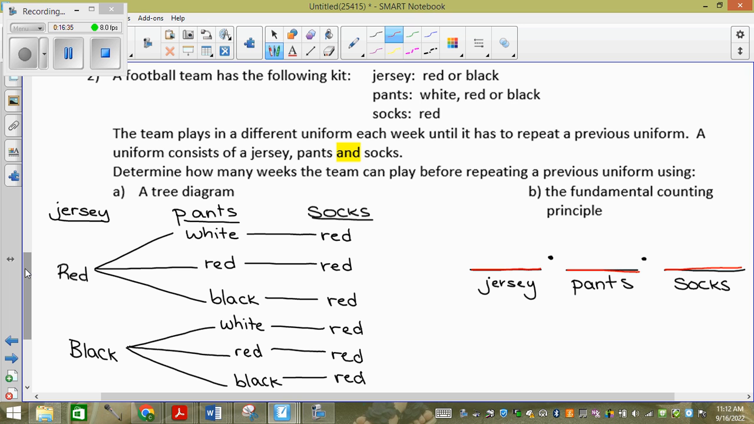If I want to take like 2 different types of pants, I don't know why you're layering, maybe to make it warmer, then you can't do the fundamental counting principle. We have to be able to pick one of each in order to use the fundamental counting principle, which is these blanks. So on the top, we list our options. How many jersey options? 2. How many pants options? And sock options? So we have 6 different